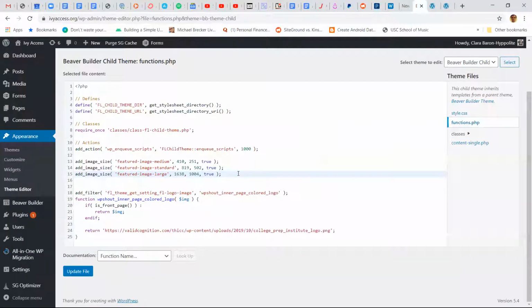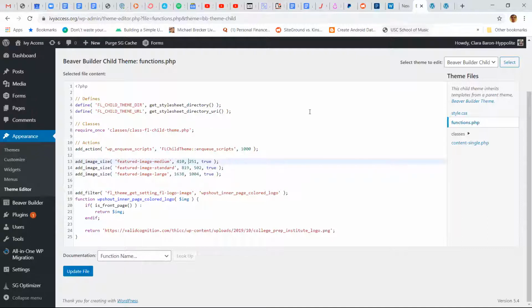So yeah, this is exactly what I did. I took what I thought was the largest size that it would ever be, which was 819. I doubled it for Retina devices. Retina devices have twice the pixel density, so they display really beautifully crisp images. The way they do that is every image they show is actually twice as large as the space it's in. So I created a featured image large for Retina devices, and then I created a featured image medium for phones, in the hope that not every phone would need to load this 800 by 500 version. Some phones could get 400 by 250.